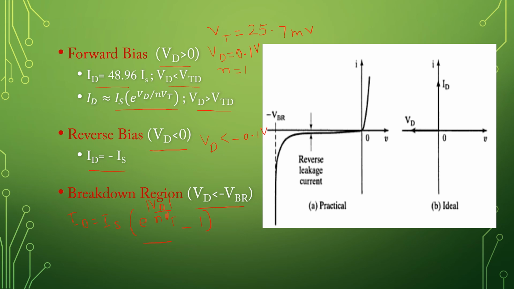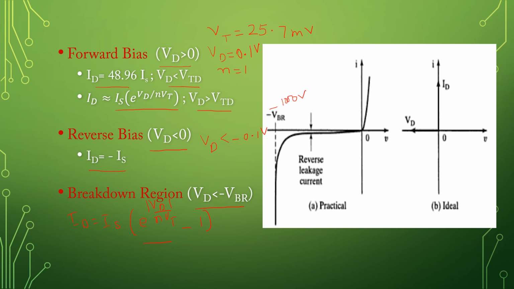So what happens is, as the reverse voltage keeps on increasing, say this is around 500 to 1000 volt, we take 1000 volt. The magnitude of this reverse voltage will be very high so that the breakdown occurs and the current increases rapidly. That is the reverse current which increases rapidly.